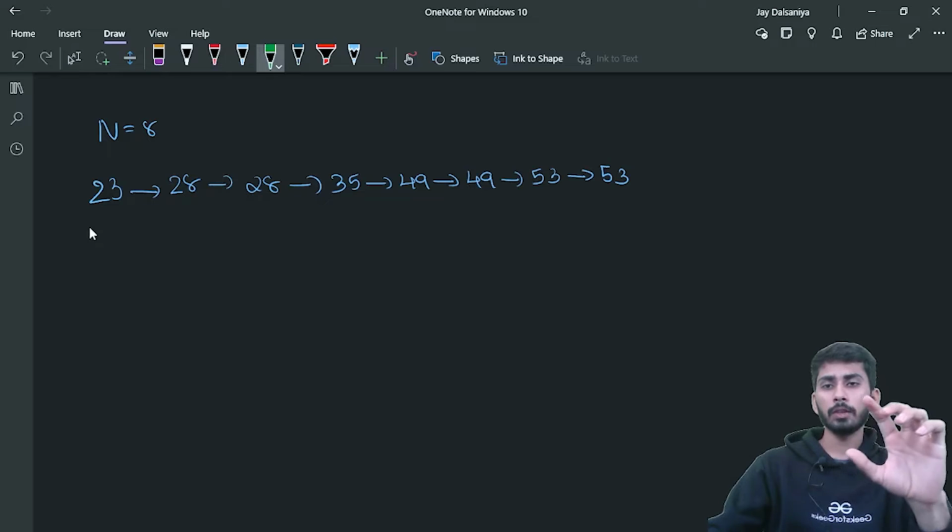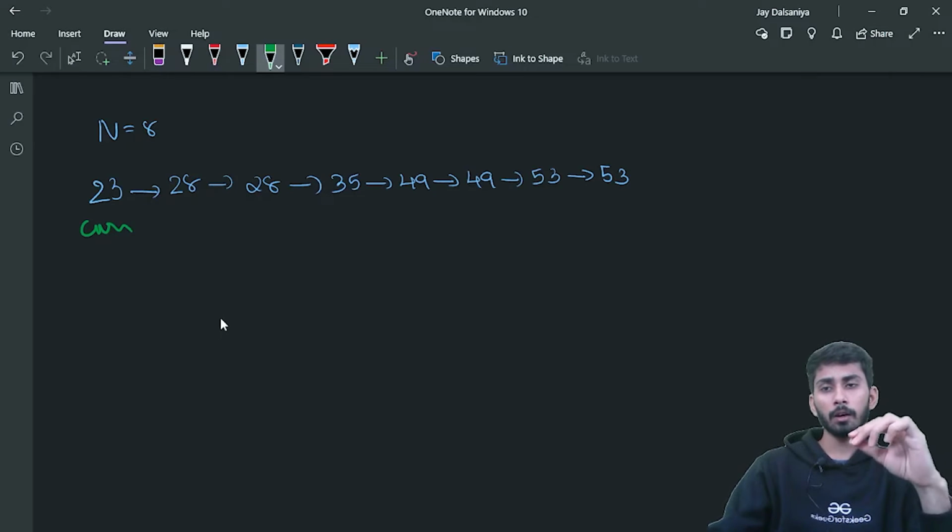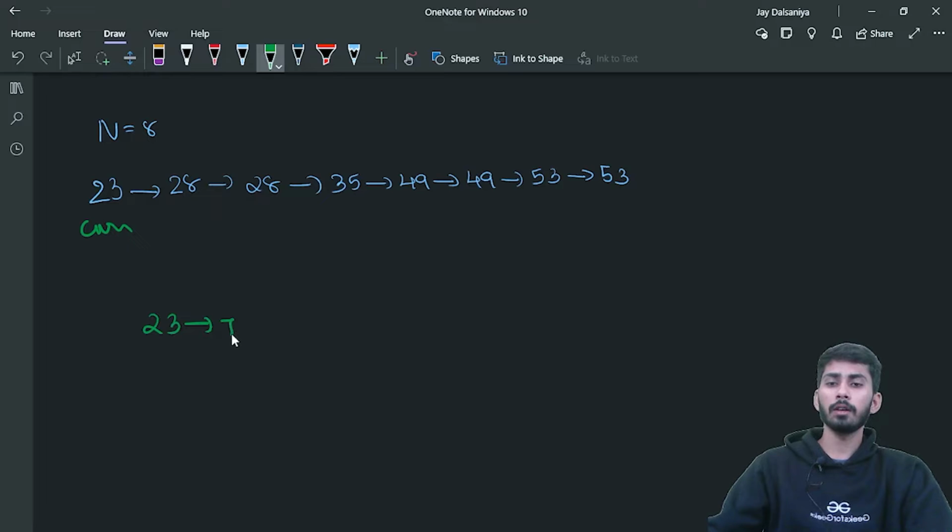First of all, I'll iterate over each and every node in the given linked list. I'll keep one variable, current, which will be iterating over each node in the linked list, and simultaneously I'll keep track of the data of the nodes and how many times this data is occurring. Current is pointing to 23, so I'll make an entry in the map that 23 is occurring once. Then current will be pointing to 28, so I'll make an entry that 28 is occurring once. Then again I see a 28, so I'll increase its frequency count by 1. Next is 35, which is not present inside my map, so 35 is occurring